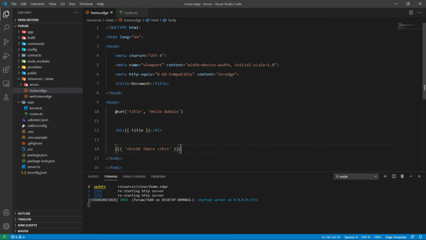Now as you know, Edge can contain HTML tags. So we can just write this H3 tag outside of curly braces. That will work. But in some cases where we are creating a blog post and the blog post may contain some HTML inside the post content. So in that case, this will be very useful. Now let's create another template and I will show you how routing is handled by Edge.